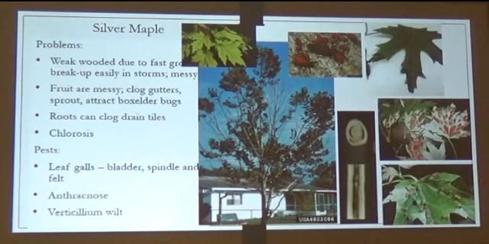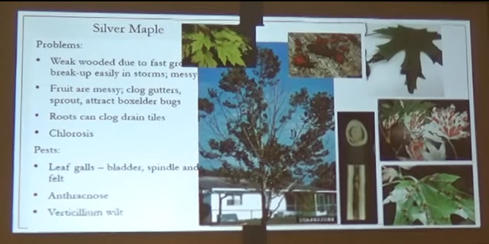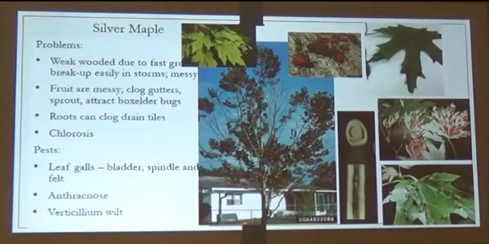They have very quick growing roots that can clog drains, and they can also become very chlorotic. The picture right up here, chlorosis, remember, is a condition, it's a description of a symptom, and the symptom is that the veins are green and the blade of the leaf is yellow. And it's because the pH of the soil prevents the plant from taking up either the iron or the manganese that's in that soil. There may be plenty of iron and manganese there, but at higher pHs, it's not available